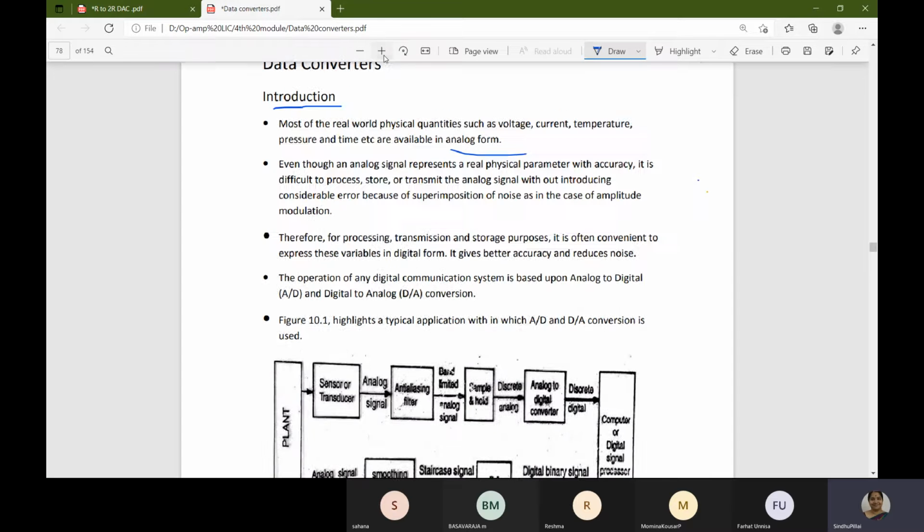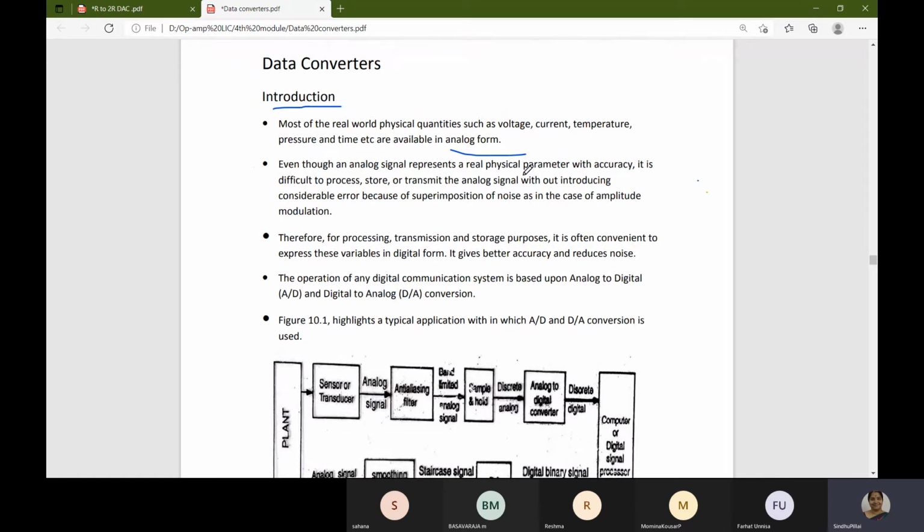are all in analog form. And our digital computers want digital as the input. So a conversion is required here, from analog to digital, so an ADC is required. Some may require output from the computer, which is digital; if you want the analog format, then you have to convert digital to analog. So converters are required to do this analog to digital and digital to analog conversion.